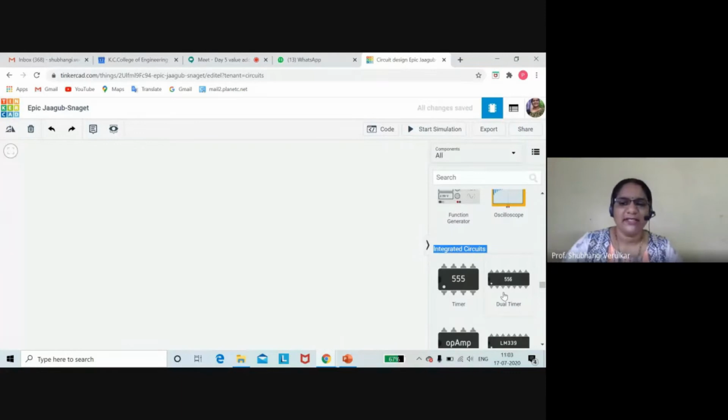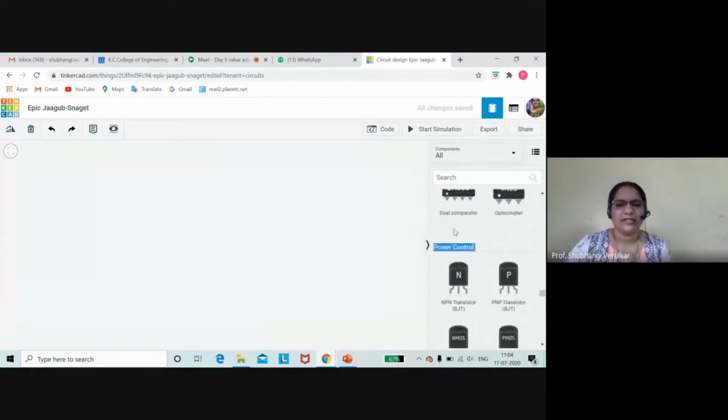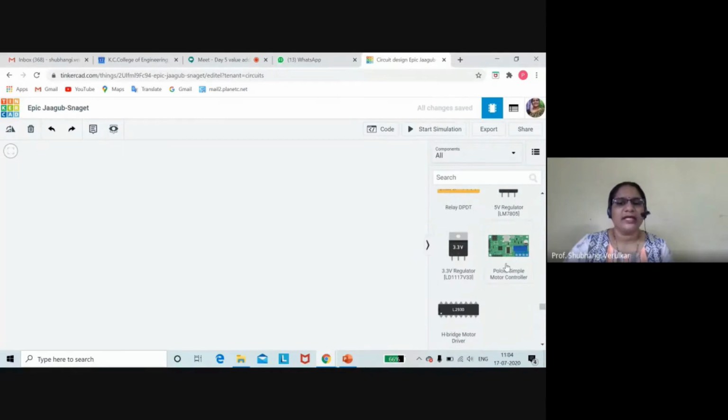Then you have an integrated circuit. An integrated circuit is nothing but an IC through which you can create a number of projects. IC 555 timer: this timer IC is used for specific operations like setting a time, or designing a circuit for an astable multivibrator or monostable multivibrator. Then op-amp: you can design circuits using an operational amplifier, like a differentiator, integrator and all. It will depend upon you how you want to design a circuit. Then some power control components are there, like BJT, bipolar junction transistor. All those components are present here. You have to choose as per your application.